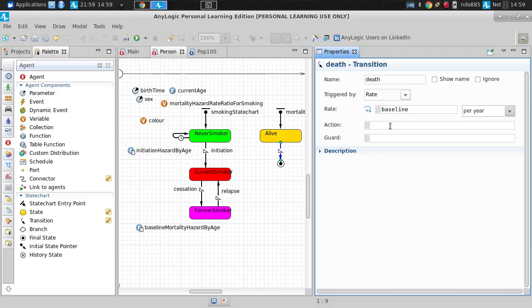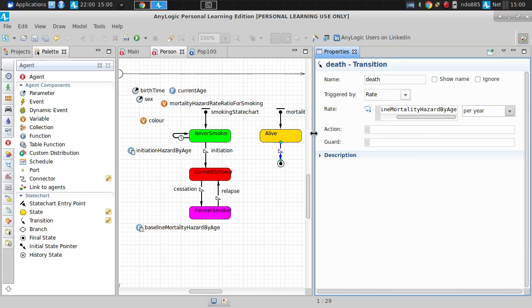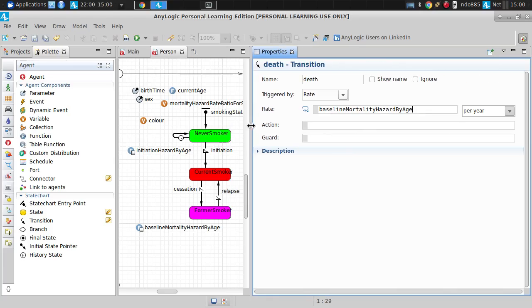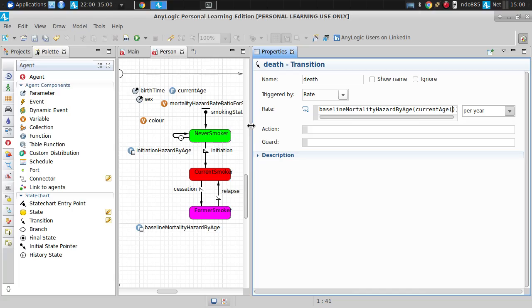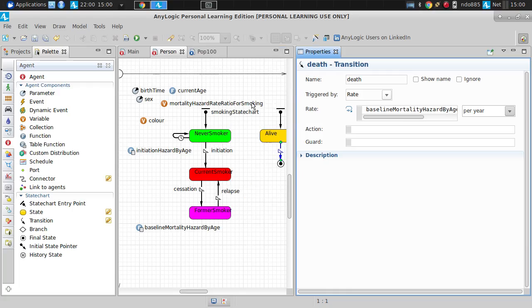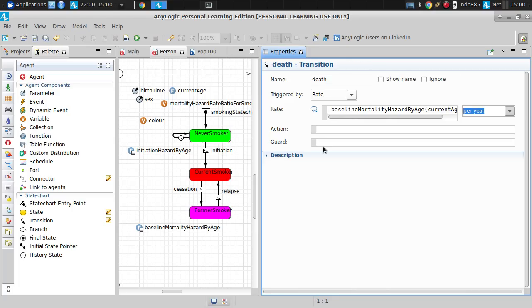So baseline mortality, okay, it's not filling this in. It's being truculent, as it occasionally does. Baseline mortality hazard by age. And that's going to be a function of my current age. So we're going to look up my current age. And then we're going to multiply it by what? The mortality hazard rate ratio for my smoking status, ladies and gentlemen. We'll multiply this up front by mortality hazard rate ratio